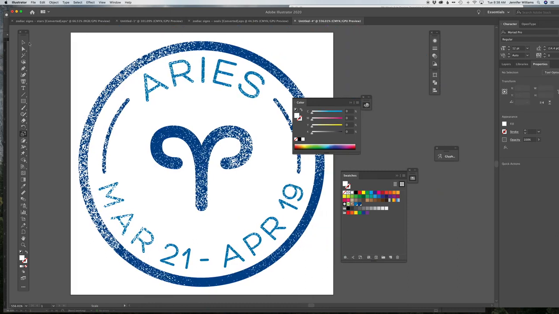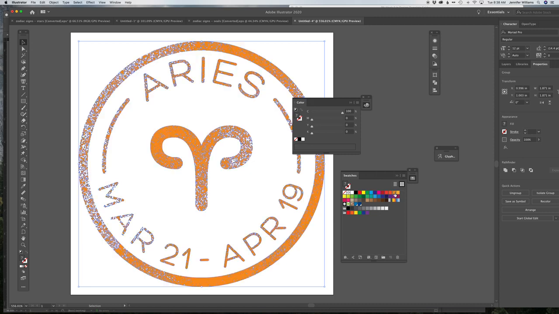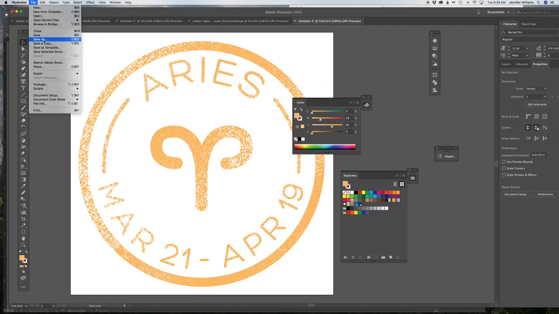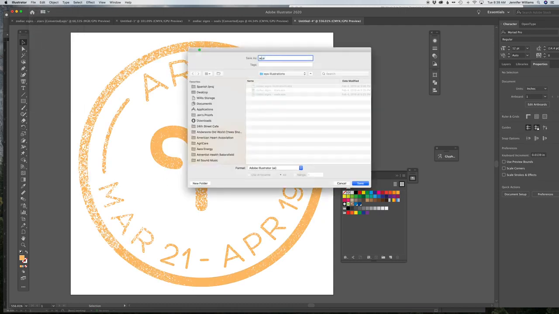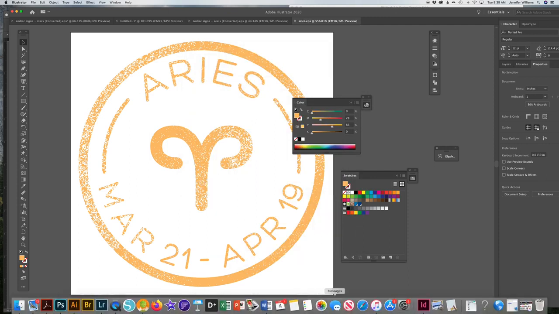Next thing you want to do is recolor this artwork. You can select the whole thing with the black direct selection arrow, and you can select a color in your swatches. You can also use your colors to move them like this if you prefer. Once you have a color that you like, you File, Save As, and then you can name it, and then save it as an EPS. Make sure you know where you're saving it so that you can navigate back to it when you go into InDesign. Once you have your EPS file saved, go back to InDesign,